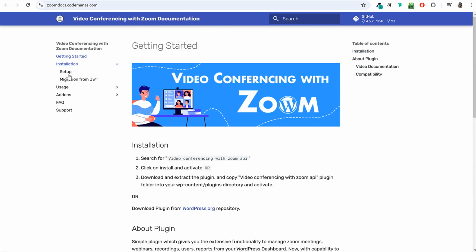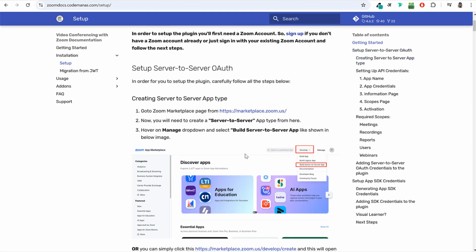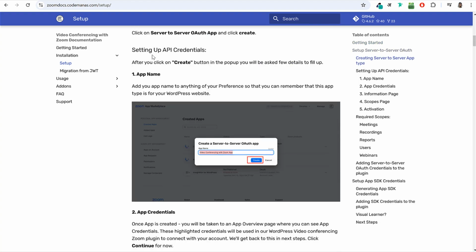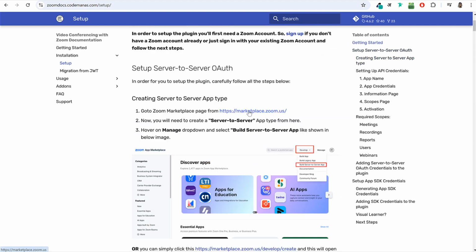You can click on installation, click on setup, and they will show you how to do it. Now, in fact, I'm going to show you how to do it. Don't worry about this thing. You can just do one thing. Go to this link,